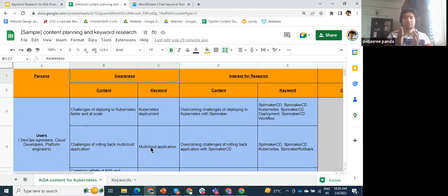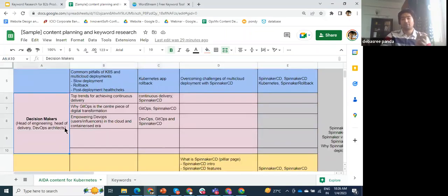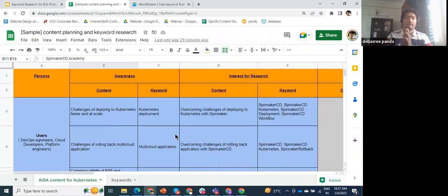So we consider the stages as awareness, interest, desire, and action. These are the gradual stages which any typical customer has to go through before they end up buying your product. And in the column, we have users, influencers, and decision makers, because the content requirement for each of these people will be quite different. For example, this is a sample worksheet that I prepared for a tool called Spinnaker, and